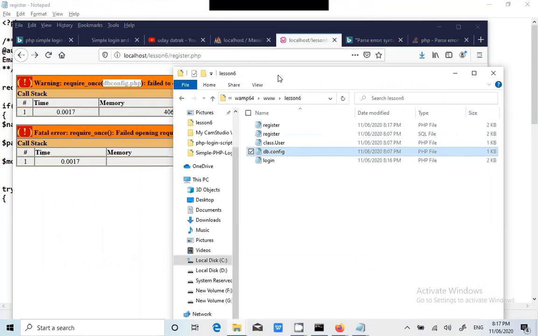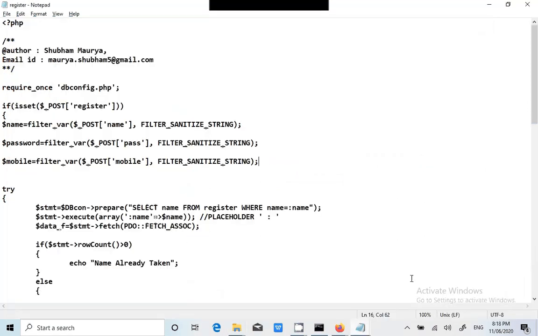I'm sorry, this is utterly unprofessional, but I do not have the time to edit. Excuse me, guys. See, here we have the file name called db.config, but here it is trying to load dbconfig. So within the same file, we need to edit this. Require db dot, yeah, we need to add a dot in between. Okay. Now let's see.